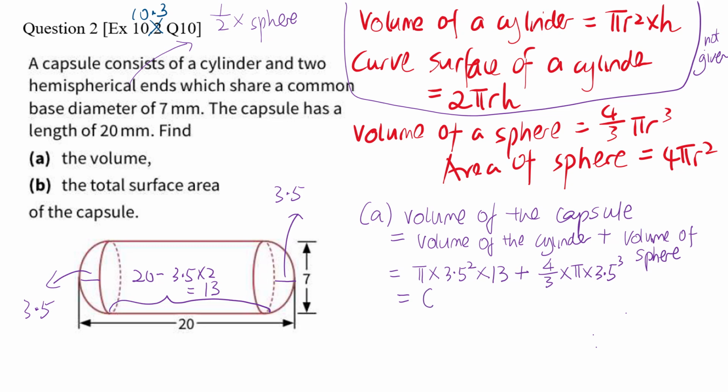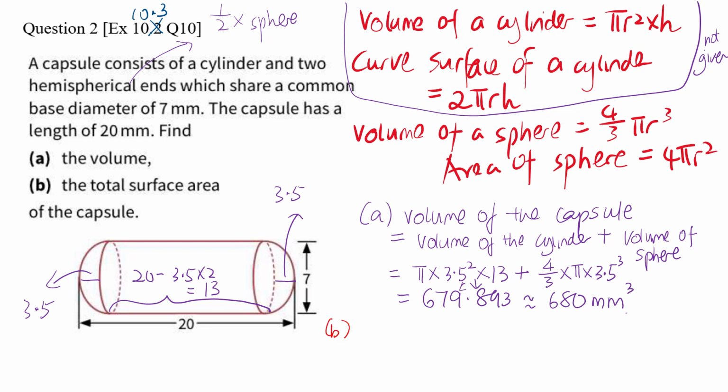So that gives you 679.893. Expressed to three significant figures, we look at this number here. So carry 1 to the 9, so it becomes 680 millimeter cubed. Okay, you're dealing with volume, so it's millimeter cubed. Right, so that's part A. So for part B,